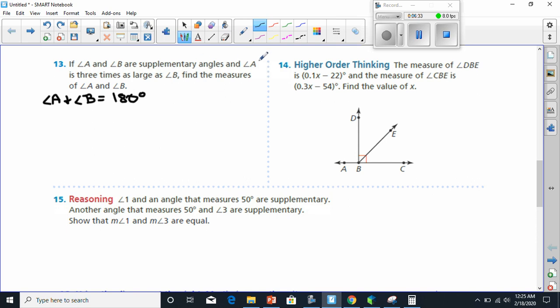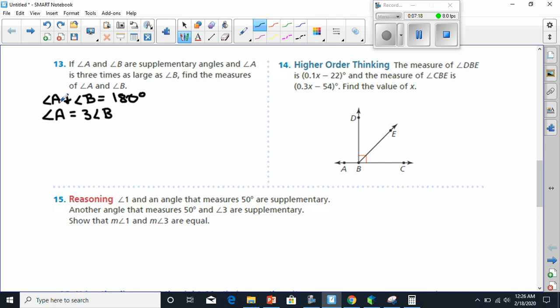Next, we can see that it says an angle A is 3 times as large as angle B. Well, that means angle A, if it's 3 times as large as angle B, we can use substitution here. Let's see, if angle A equals 3 times angle B,